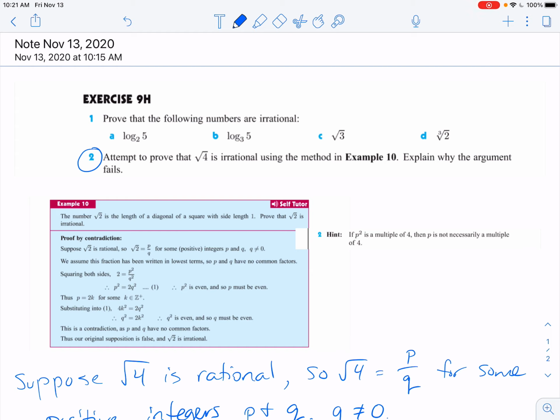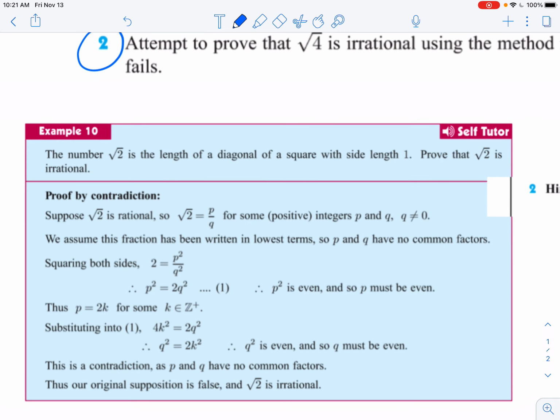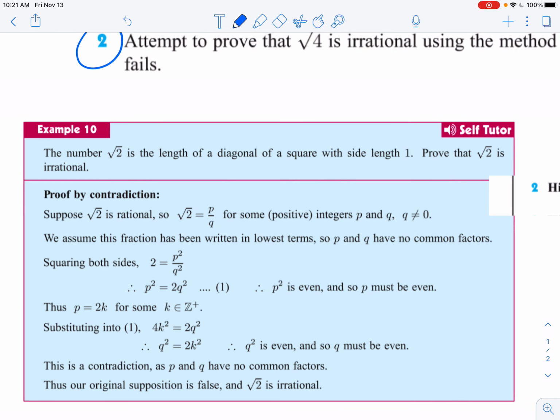And so what I did here is we're looking at number 2 from the book. It says, attempt to prove that root 4 is irrational using the method in example 10 and explain why the argument fails. So what happens is in example 2, they're proving that the square root of 2 is irrational by